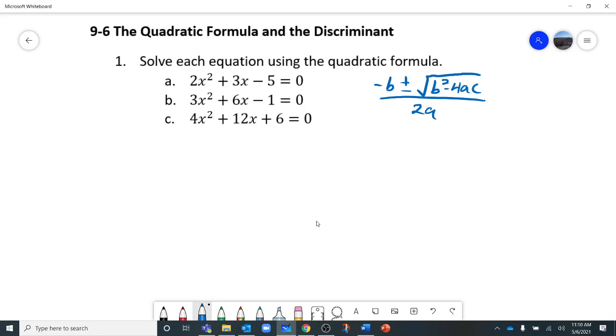We get that formula from completing the square. And I'll do a separate video that I'm sure all of you will watch over and over and over again because it's so fascinating how we get from completing the square to this formula. But really all we have to do now, and this is equal to x. So when x equals this, it changes our equation to 0. And so what we're going to do